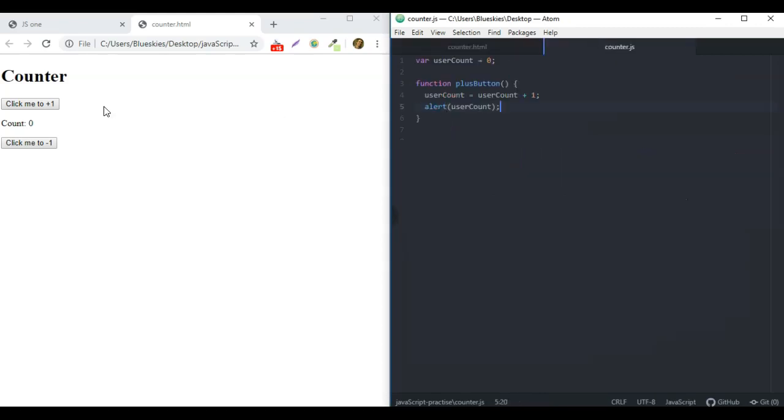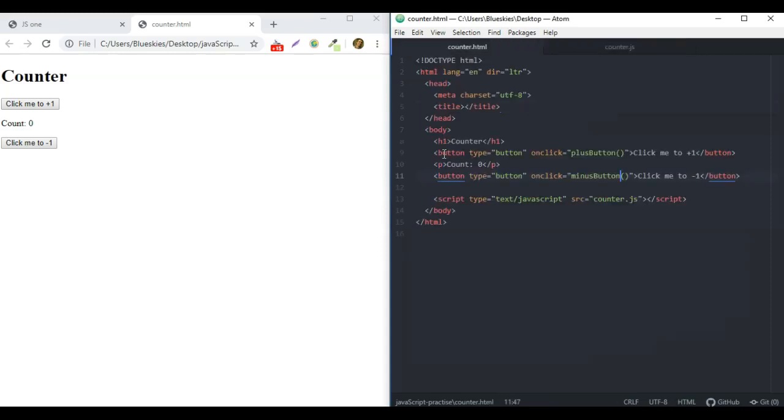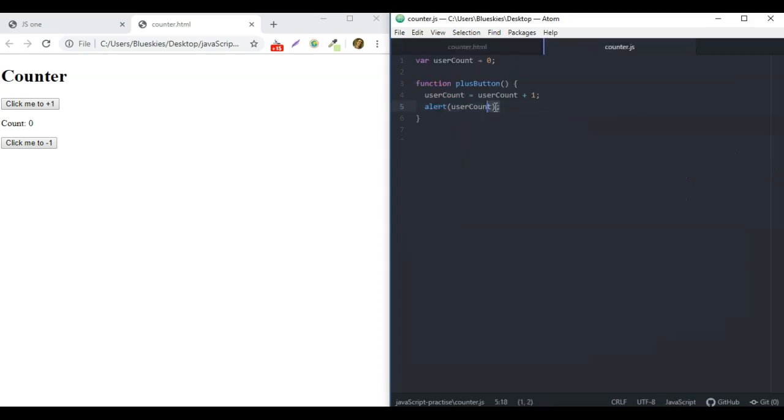Now instead of having the alert, let's change the HTML. So for that, we need to give an ID to our paragraph. So ID equals, let's put value paragraph. Makes it a bit easier to remember. Okay, so instead of now alerting, we want to get the ID and change the HTML. So what we do is as always document dot get element by ID, and the name of the ID is value para,